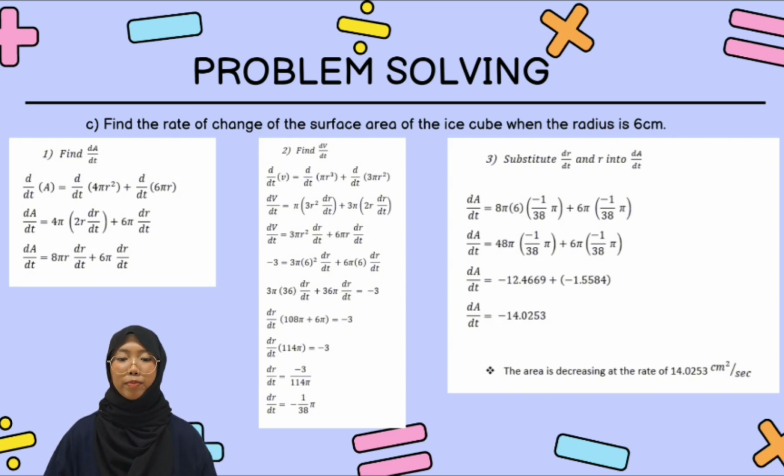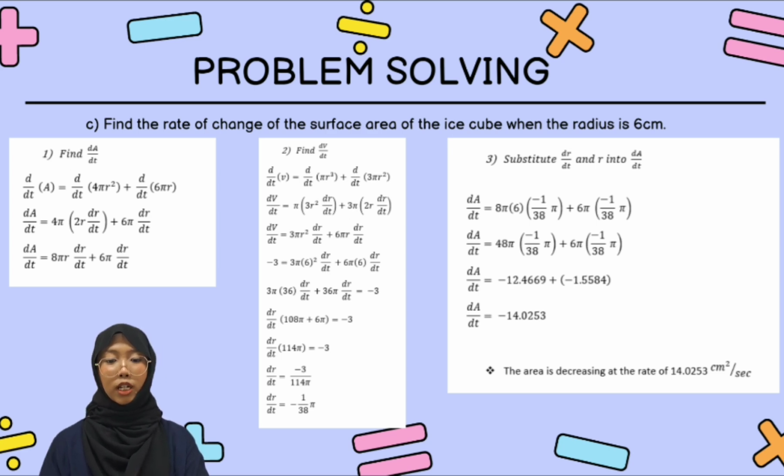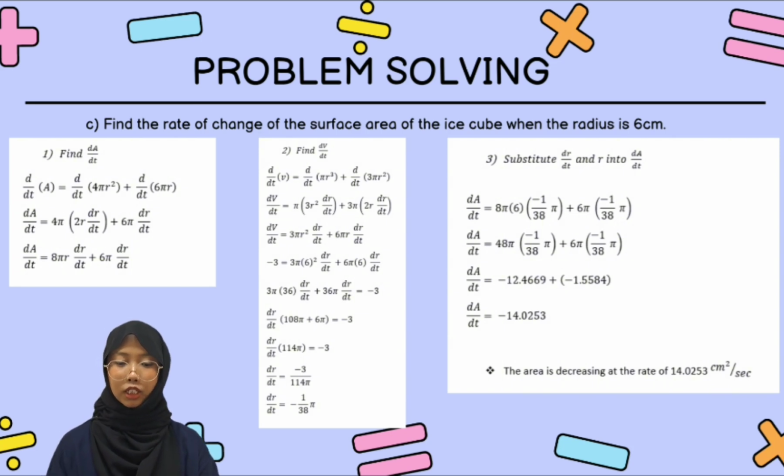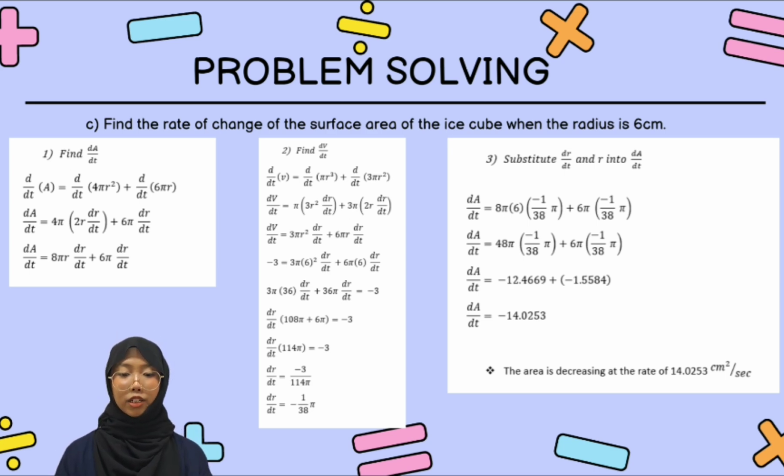over dt. Second, we need to find dV over dt. We need to differentiate the volume, which is pi r cubed plus 3 pi r squared. Then we will get dV over dt equals 3 pi r squared dr over dt plus 6 pi r dr over dt. Then we need to substitute negative 3 for dV over dt, and 6 for the radius,